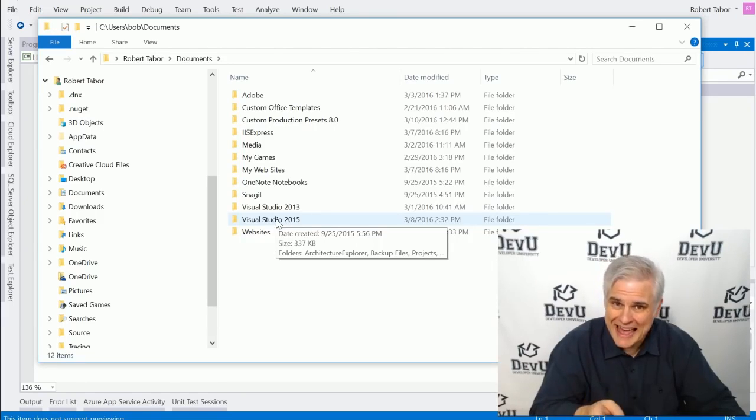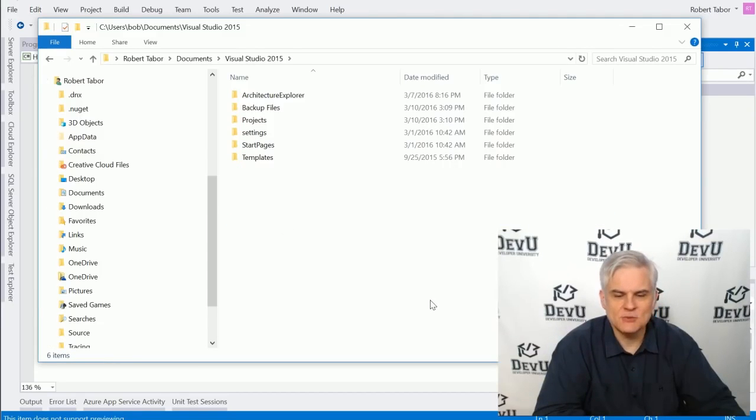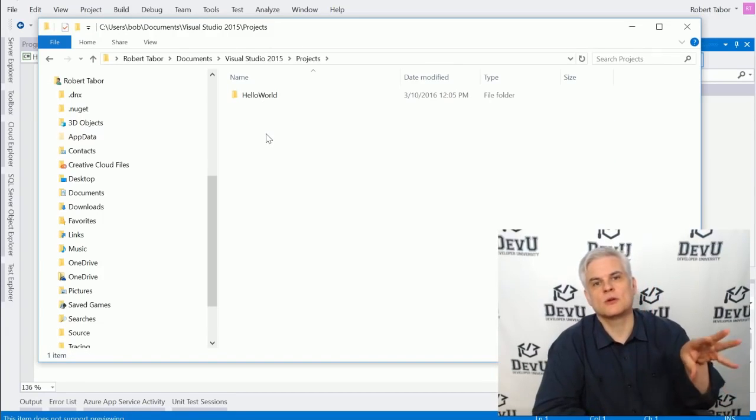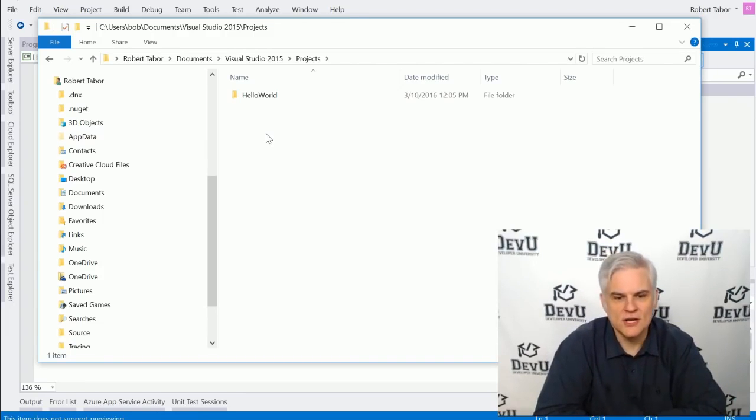You'll look in that particular folder for your version of Visual Studio. As we drill in, there will be a projects folder, and you can see that by default, when we created our new project, it put it here in our Documents / Visual Studio whatever version / projects folder. As I add more projects, this will obviously fill up with folder names